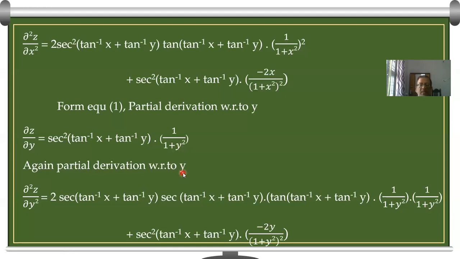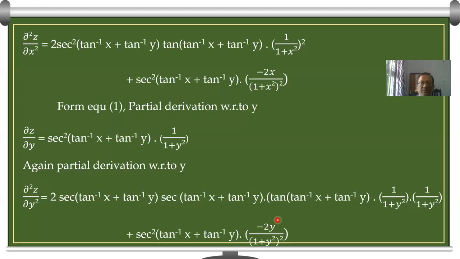Now operating the UV process again here. The first derivation is completed, into the second function. Now the first function as it is and the second function derivation. What is the function? 1 by 1 plus y square is the function. It is of 1 by x form. Therefore 1 by x derivation is minus 1 by x square. Therefore it is minus 1 by (1 plus y square) whole square. After that, inner function derivation. What is the inner function derivation? 1 plus y square derivation is 2y.